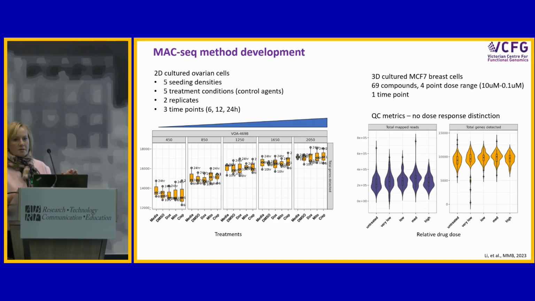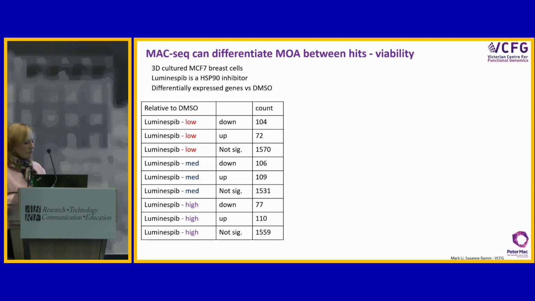And we do a small mechanism of action library screen, just 69 compounds over a dose range, single time point. And again, the total mat reads and the total genes detected didn't vary at all based on any of these conditions, so we're again satisfied that the method was working well. So we took that a little bit further and we analysed the data from that little mechanism of action screen